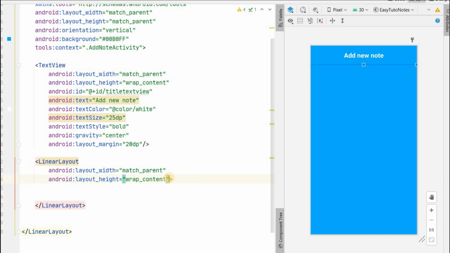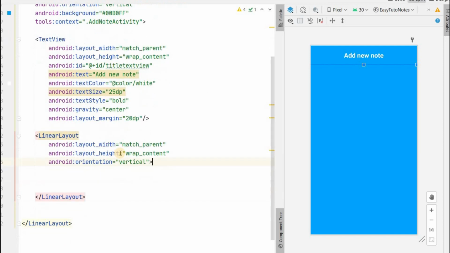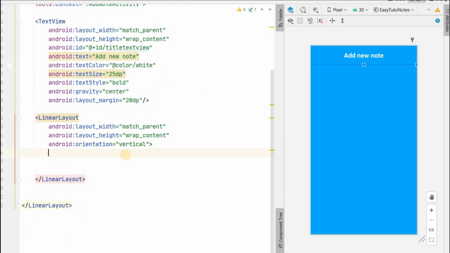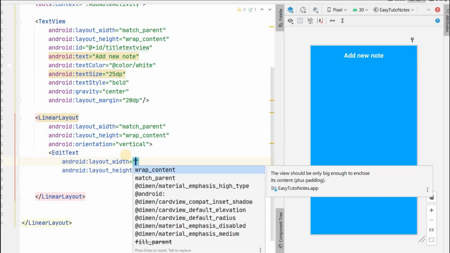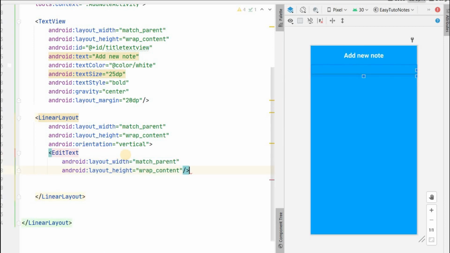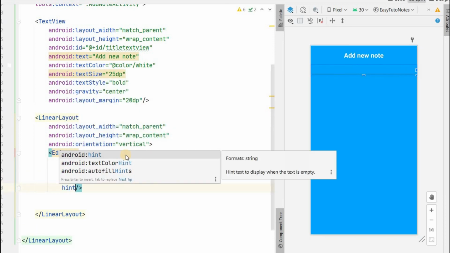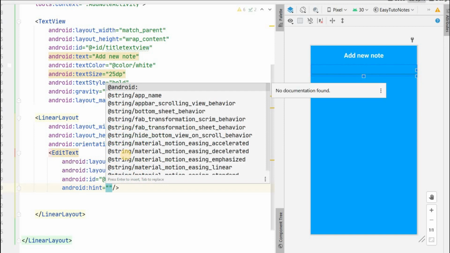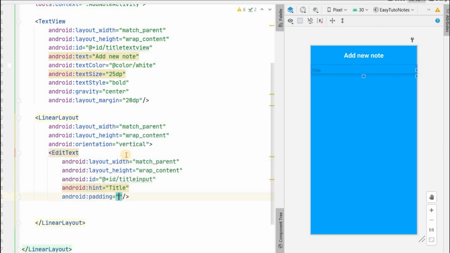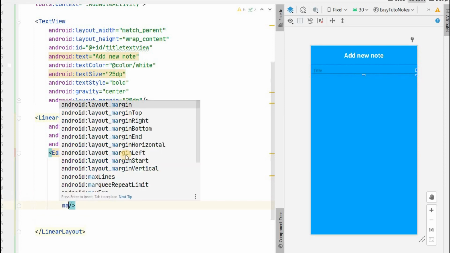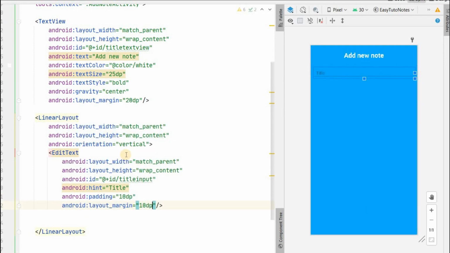So let's make this linear layout vertical first and then add two edit text inside this. Width will be match parent, height will be wrap content, ID will be title input. I will give the hint, that will be title. I'll give the padding about 10 dp and also margin about 10 dp.